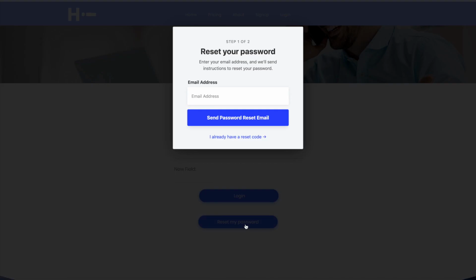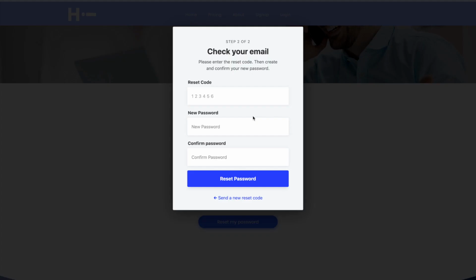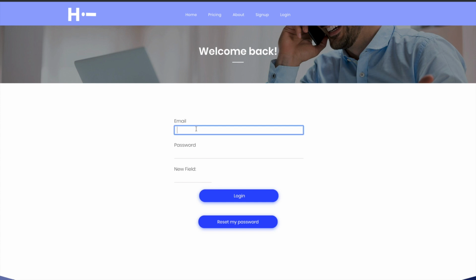While we're waiting for this to load, I can show you how the reset password modal works. If a user enters their email address right here, hits send reset password, then my phone's going to ping and I'm going to have a reset code. It's going to be sent right to my email, and then I can enter the new password that I want and then log in. I don't need to do that right now, so we're just going to log in